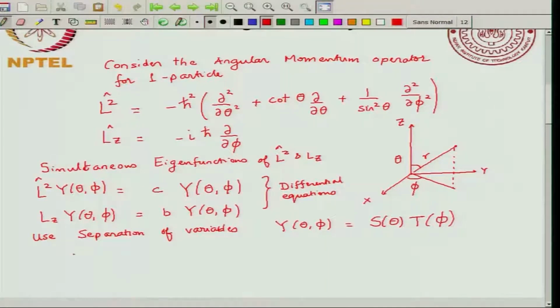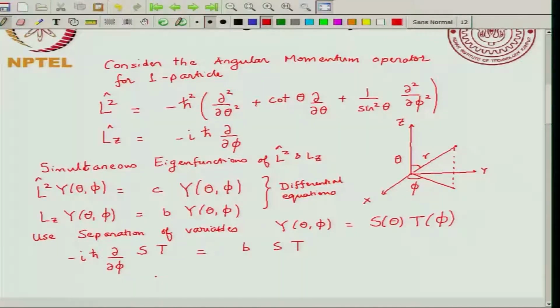What you will get is minus i h bar dou by dou phi of s times t is equal to b times s times t. I am not showing the theta and phi dependence of s and t. Now, since this derivative operates only on the phi part, you can take it